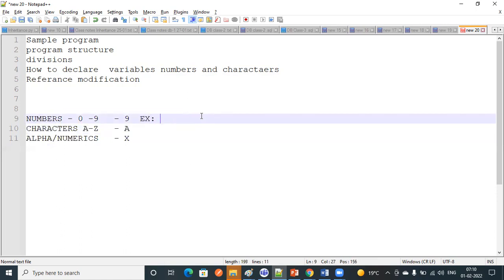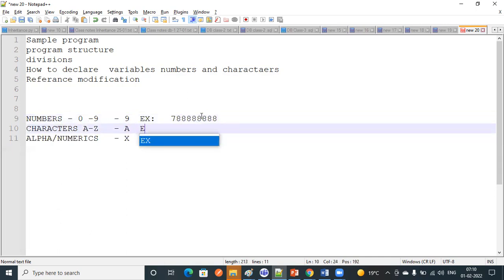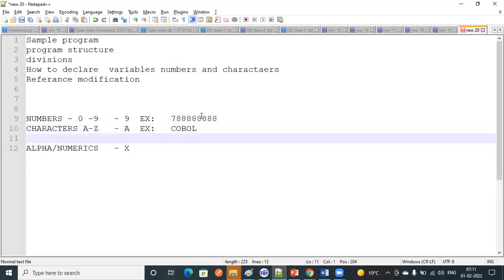As an example, I'll give you some number. This is for numerics. This is for characters. This is for alphanumeric, like an email id.